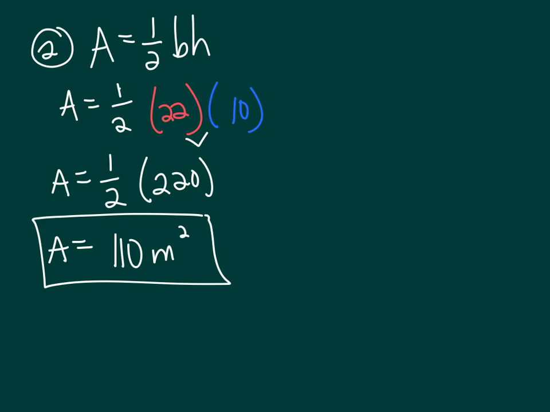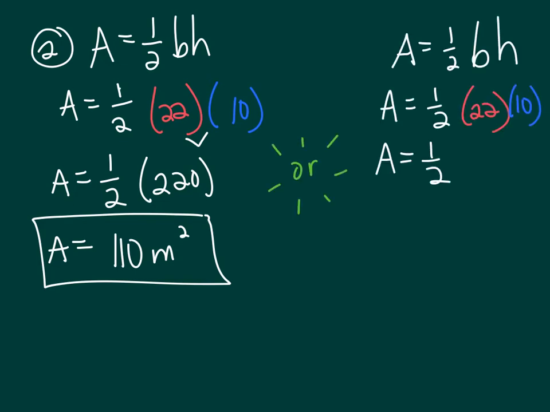There's one way to get the answer to the second on your own, which is 110 meters squared. And just to show you the other way again, you can start off the same way: area equals half base times height, area equals 1/2 times 22 times 10. And in this case, they're both easy to cut in half since they're both even numbers. But while you might be tempted to cut 10 in half because it gets you a nice small number, 22 times 5 isn't necessarily easier to do in your head. But if I cut 22 in half, then it becomes 11, and then I can multiply 11 times 10, which many of you know your